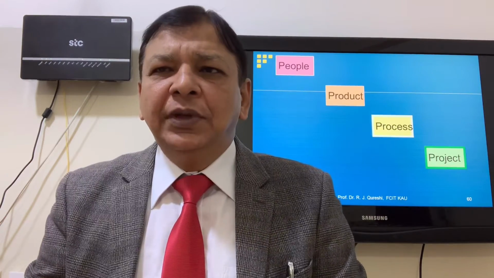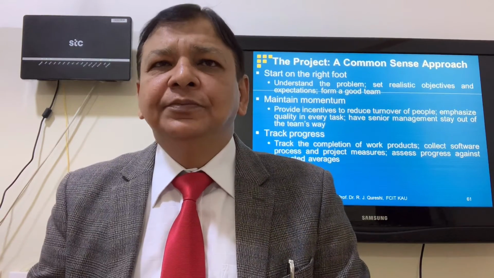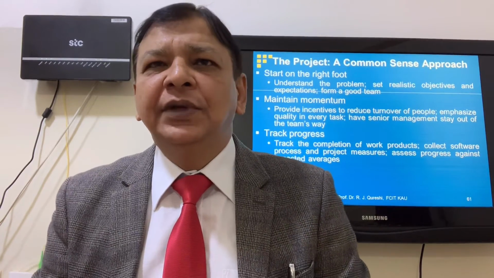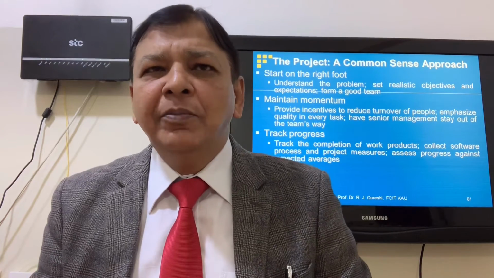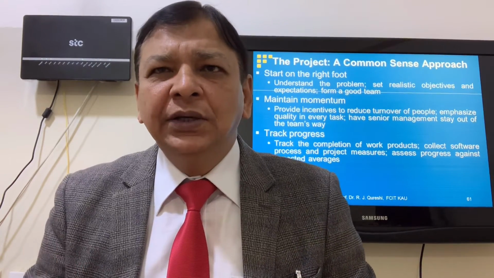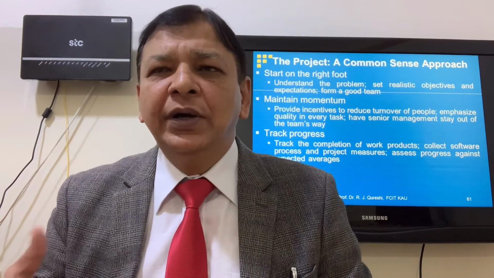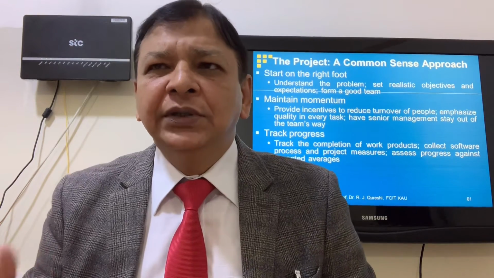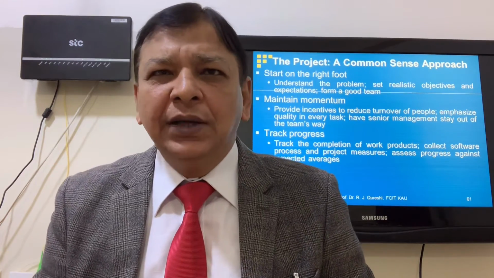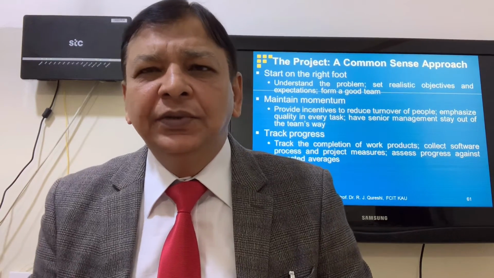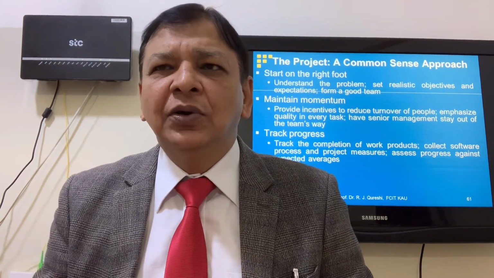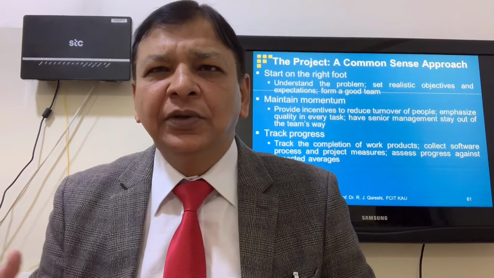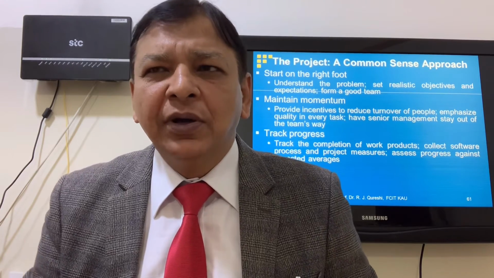The fourth P is project. Use common sense approach. Start on the right foot. Understand the problem. Set realistic objectives and expectations. Select a good team, maintain momentum, provide incentive to reduce turnover of the people. We want to retain the team members, and you have to give them rewards, appreciations, motivations, emphasize quality in every task, and have senior management stay out of the team, whether they are using pull strategy or push strategy. Track progress, track the completion of work products, collect software process and project measures, assess progress, planned versus